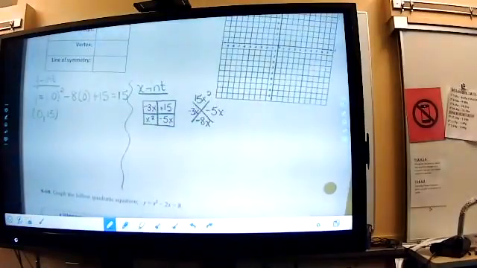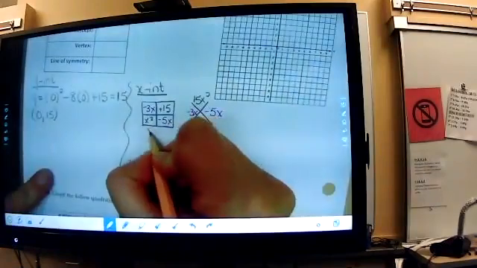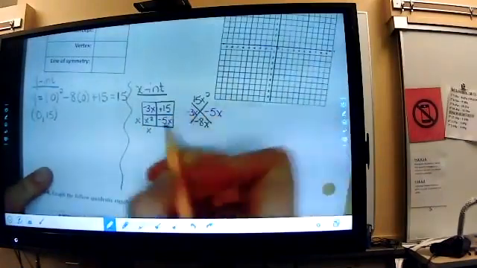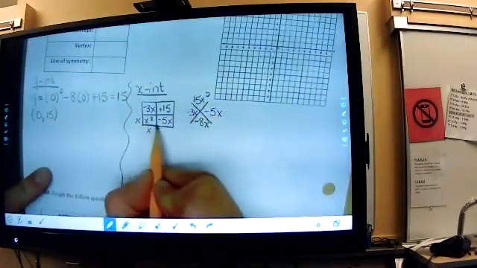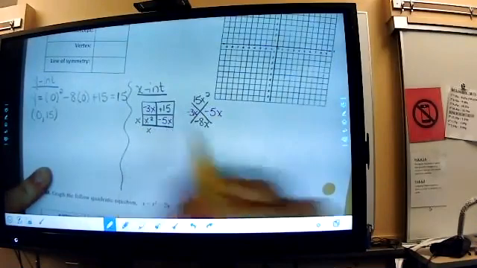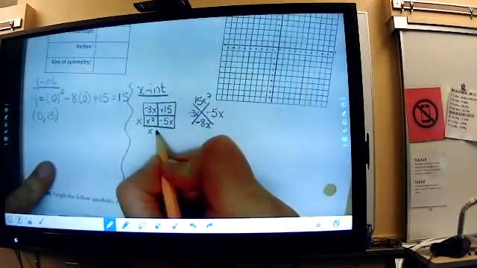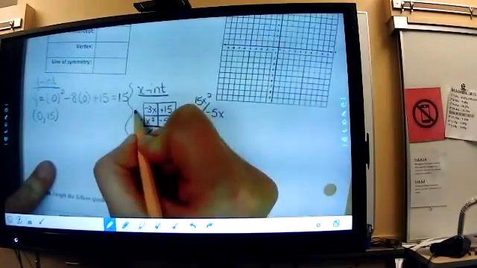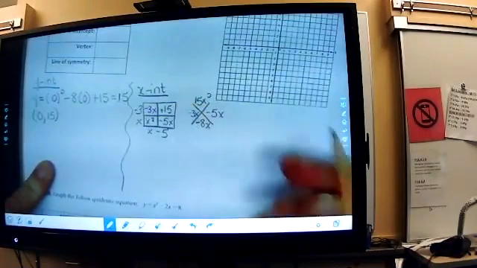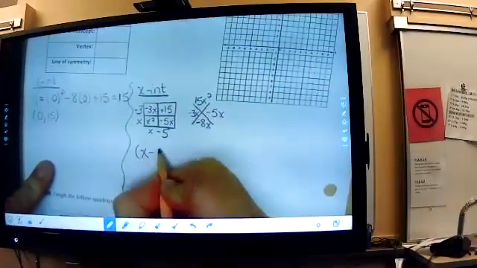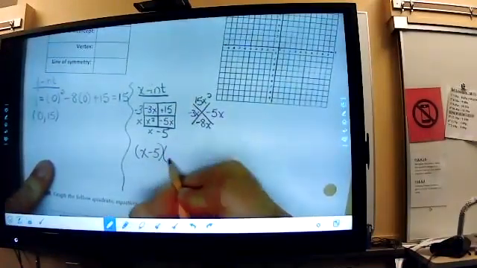So I know that I have x squared. That's going to be x and x. What does my base have to be? x minus what? 5, because the greatest common factor between 5 and 15 is 5, which means this guy has to be 3. So when I factor this, I get x minus 5 as my base and x minus